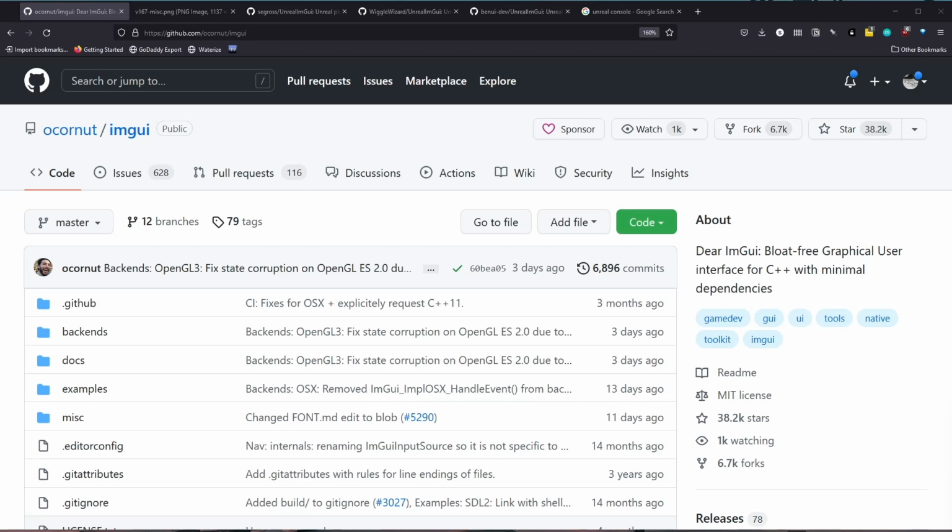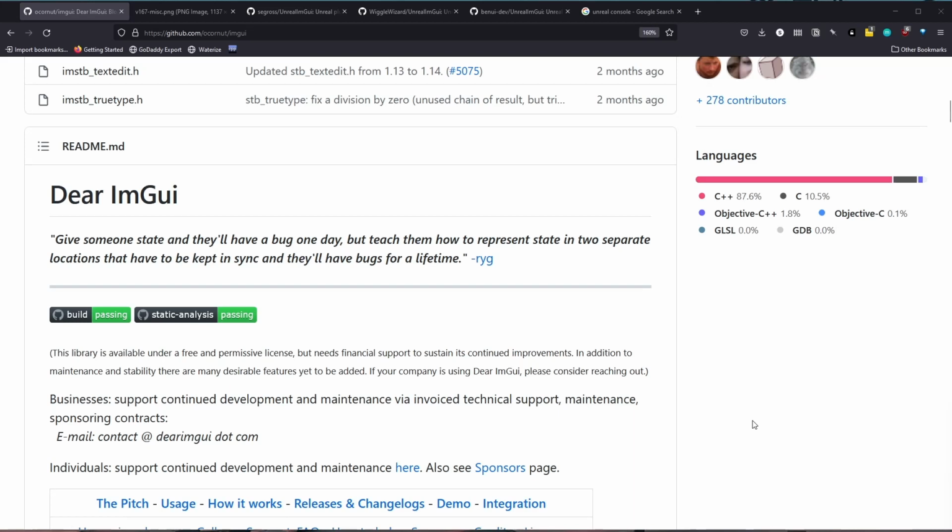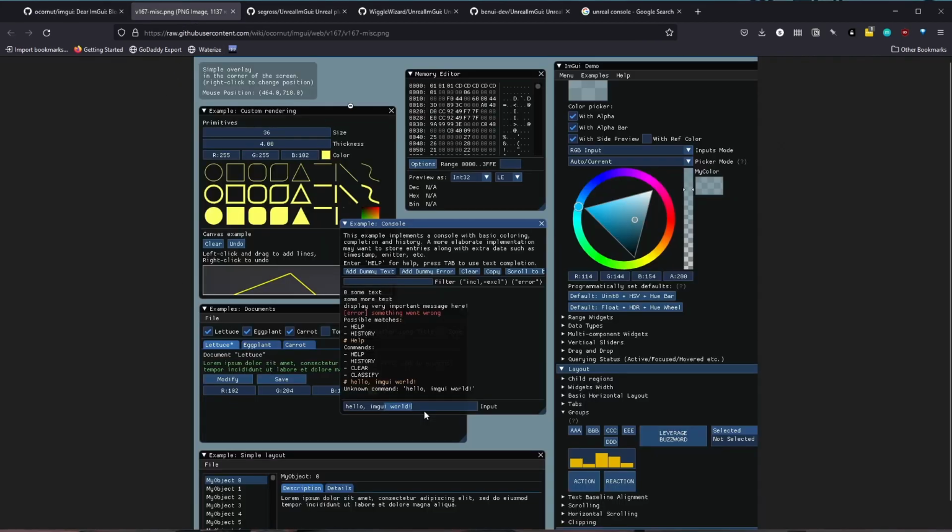So as I stated at the beginning, we're looking to get Dear ImGui, or I'll just call it ImGui, running within Unreal Engine 5.0.1. And if you don't know, Dear ImGui is a free and open source graphical user interface library for C++. It produces very beautiful looking GUIs that look like this. It is used in a lot of game engine and game design projects, and today we're going to look at how we can get it going inside of an Unreal Engine C++